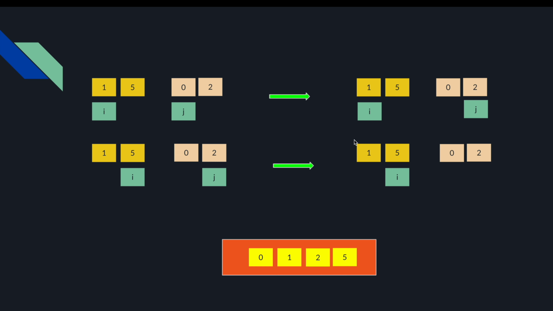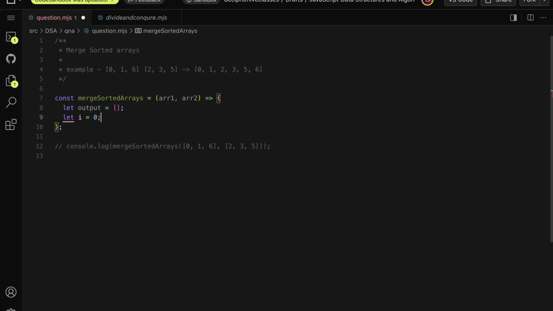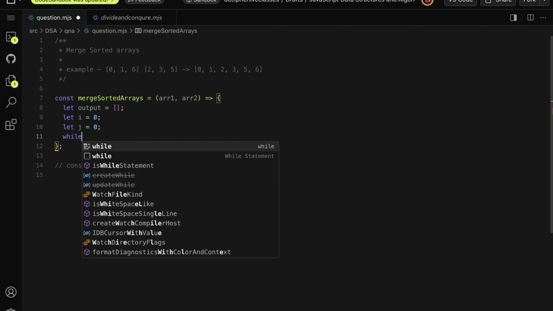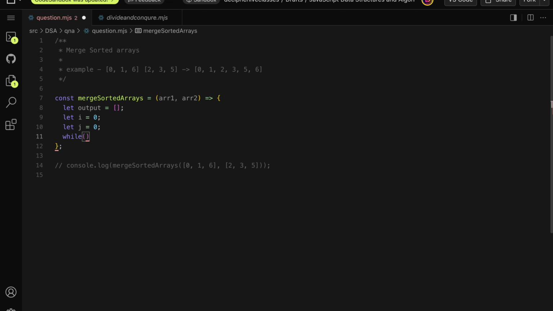Now if you remember the visualization, we created two pointers, and we are assigning 0 to these pointers because we know the smallest elements will be present at the 0th index. And now we have to compare the elements of these two arrays, right? For that we will need a loop here. I will be using a while loop, and this while loop will keep on going until we reach the end of the arrays, right? So the condition will be